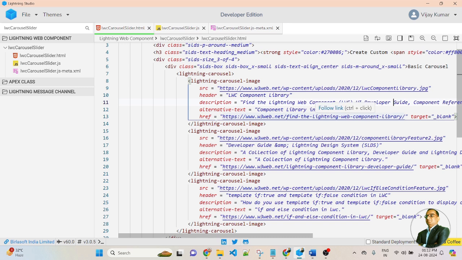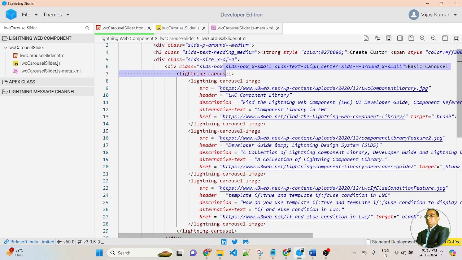a URL. So you can see here I am passing an HREF attribute property, and inside the href attribute property, I am passing a URL. So once I click on the image, the slider image, this URL will navigate to the external web page. So friends, if you want to create a carousel image slider in LWC component, keep in mind, first you